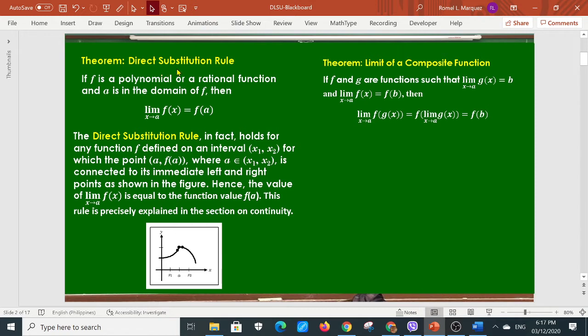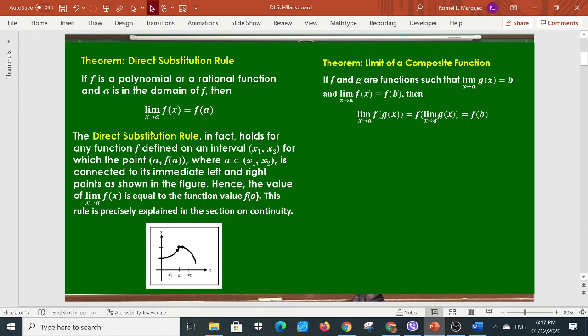The substitution rule is actually applicable to polynomial and rational function as long as a is in the domain of that rational function. So if f is a polynomial or a rational function and a is in the domain of f,